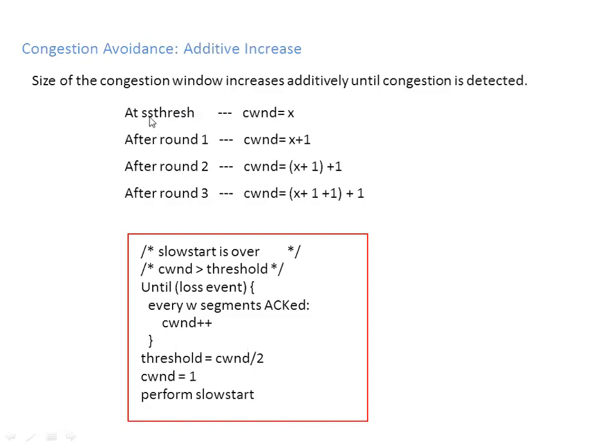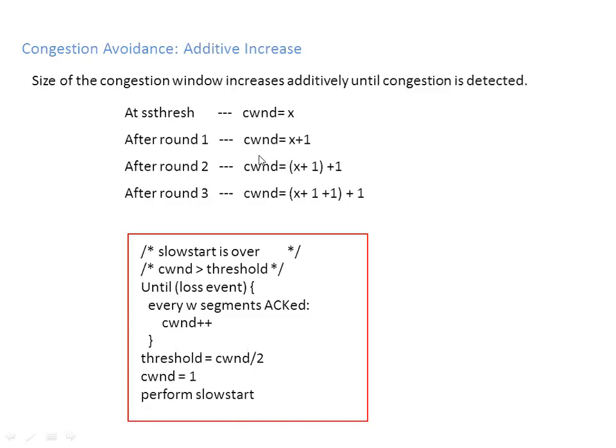For example, let us say when the window size reached the threshold value, that is ssthresh, suppose the window size was X. Now it transmitted X number of segments and it received, let us say, X number of acknowledgements. So for all those X acknowledgements, the sender will be increasing its congestion window size by 1. So now it will be waiting to receive acknowledgements for X plus 1 segments. If it receives X plus 1 acknowledgements, then again it is going to increase the congestion window size by 1 more. Which means that in each iteration, the congestion window size will be increased by only 1.